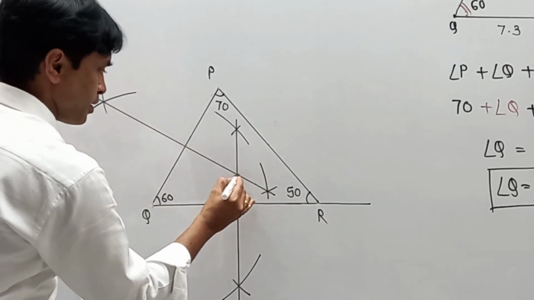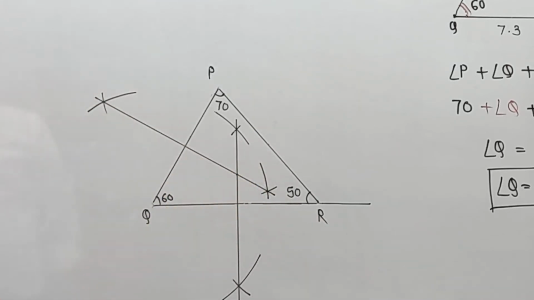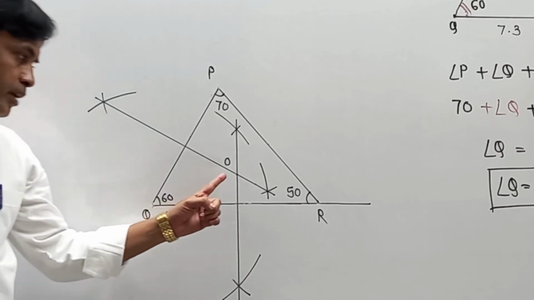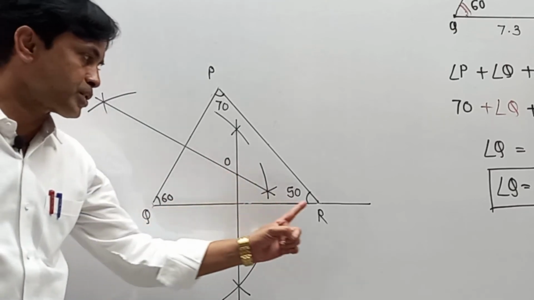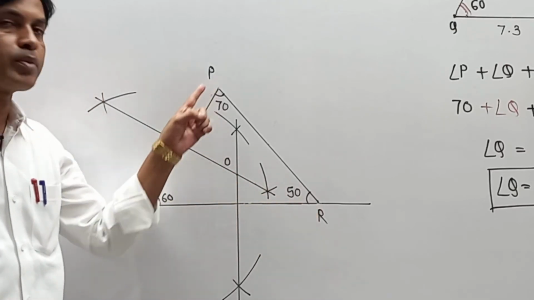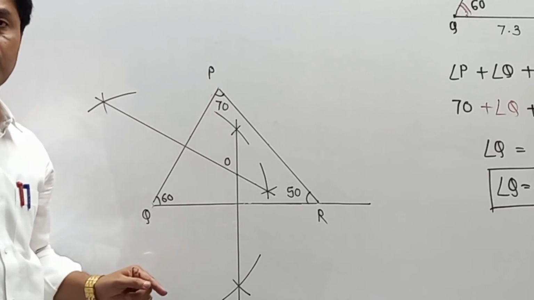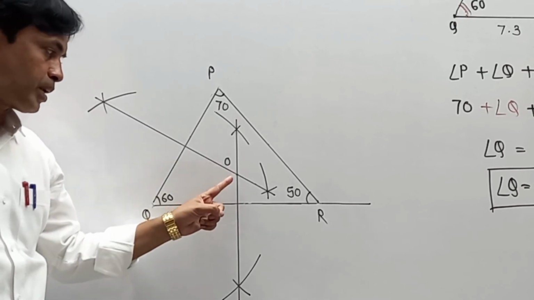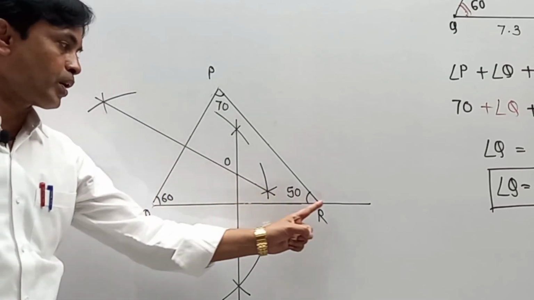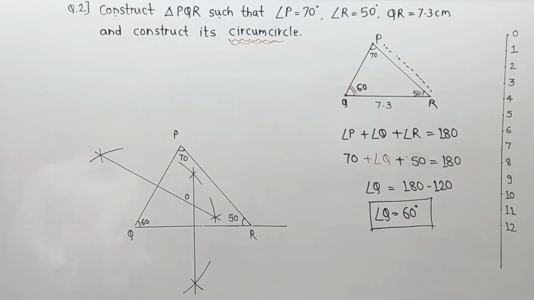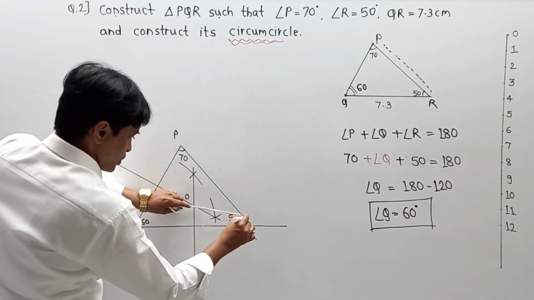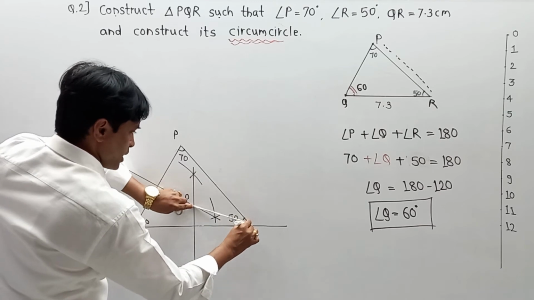Now we are able to get one center over here. You can indicate it by any name. Presently I am going to indicate it as O. Now either from distance O to Q or from distance O to R, or you can take a distance from O to P, and we are going to draw the circumcircle. So again with the help of a compass, you have to take radius OQ or radius OR or radius OP. Now we are going to start the circumcircle. So particularly O is your center,